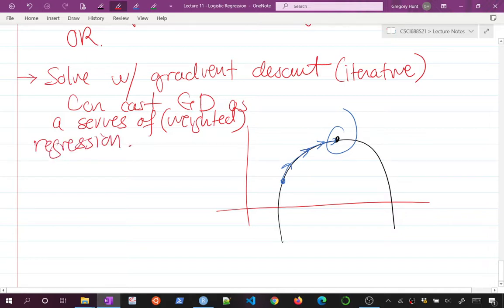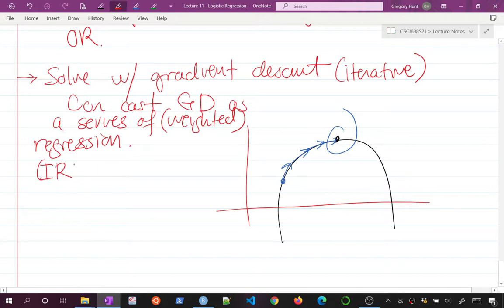So it turns out the update step, so at each point you can calculate this gradient, take a step, calculate the gradient, take a step. In this iterative procedure, you can cast that as a series of solving weighted regression. And so this is called,